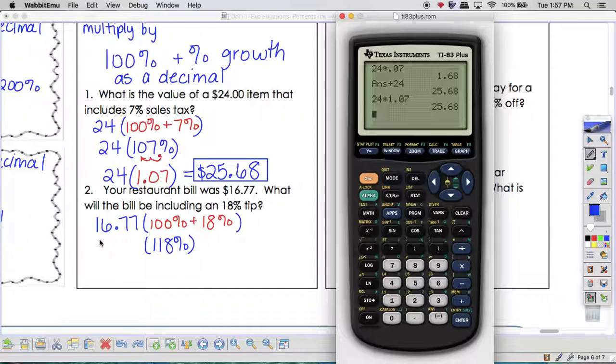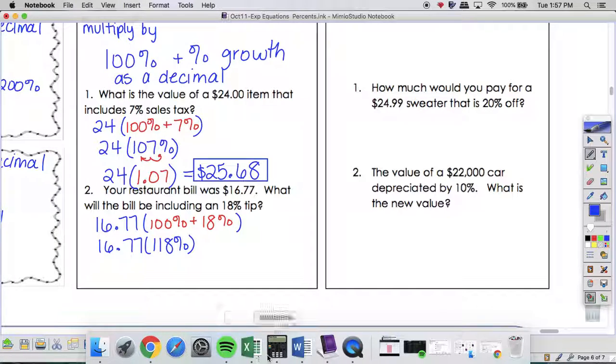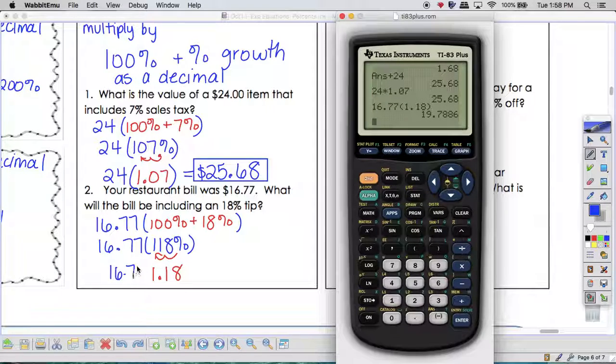118%. Remember, if we multiply by a number bigger than 1, or bigger than 100%, it will get bigger. And if we're including the tip, it's going to get bigger. So 118%. Of course I cannot type 118% into the calculator, so I have to get rid of the percent sign, and I can multiply by 1.18. Okay, so 16.77 times 1.18 gives me